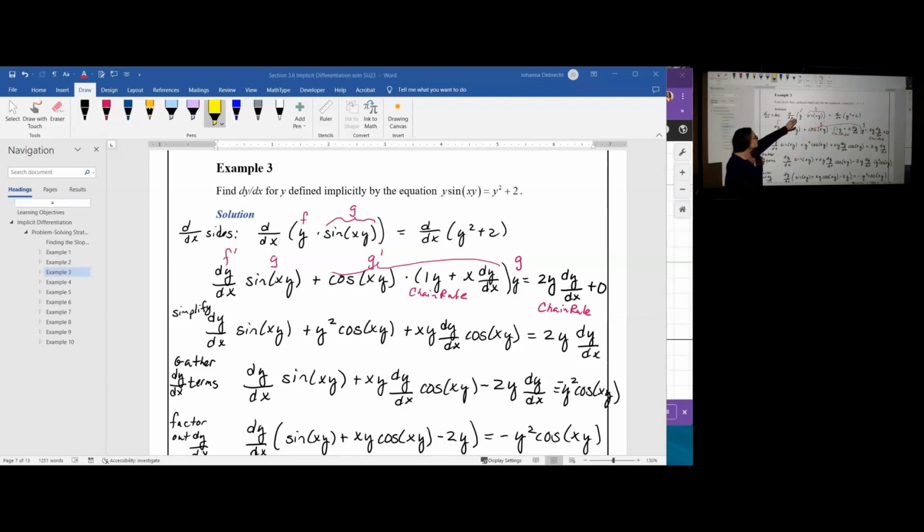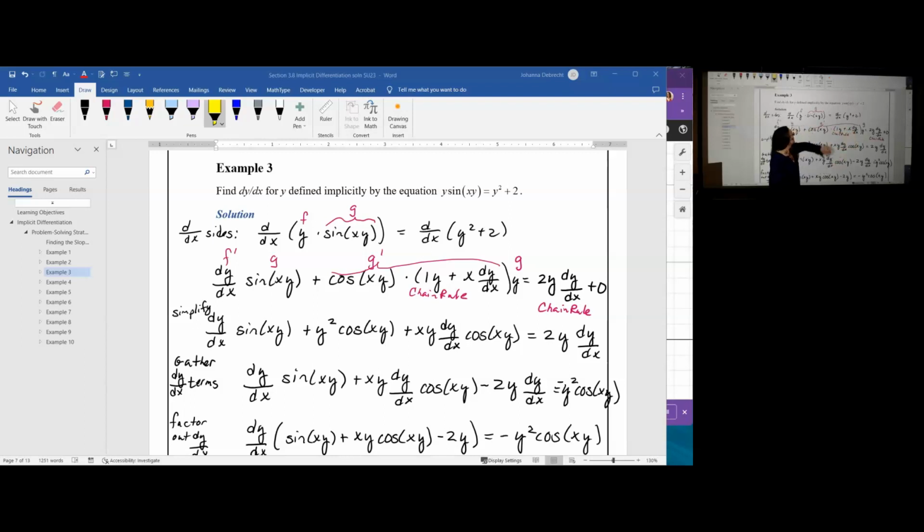This will give me f prime dy dx times g sine of xy plus the derivative of g, which will be both chain rule and product rule. I get the derivative of sine as cosine, freeze the xy, times chain rule, the derivative of the inside, which is the product. Again, I have an f prime g plus g prime f, giving me y plus x dy